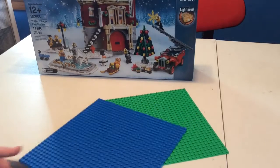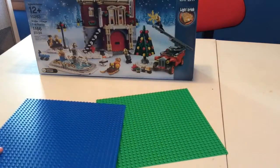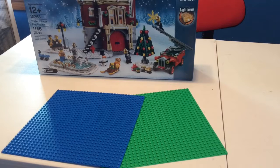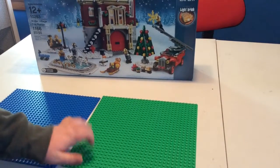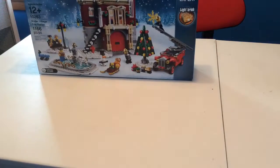So, this is my first blue base plate I have ever had, except for a 32 by 16 blue one, so like half a base plate that I got off of Bricklink, and that was used. So this is the first new, full-sized one I have. So, that's pretty exciting. And then I'm gonna just add this in the city somewhere, custom modular or something along those lines, and then